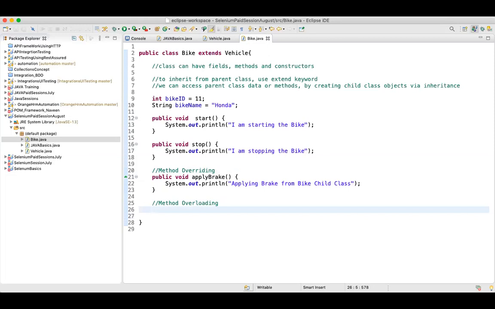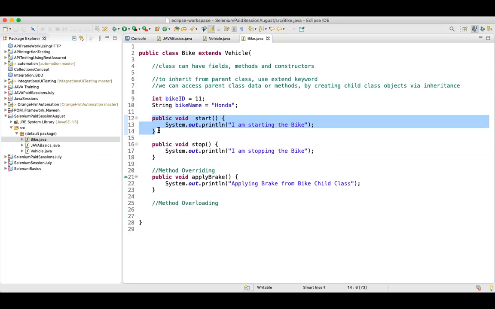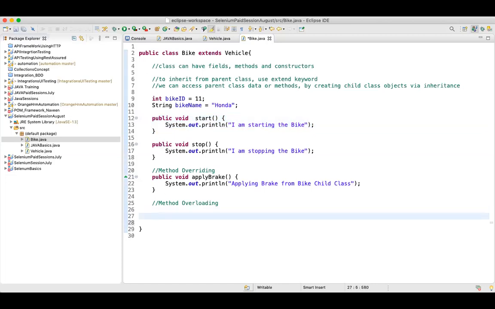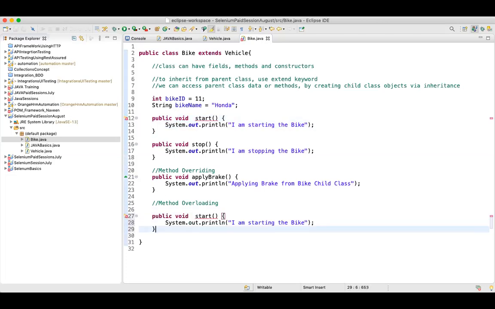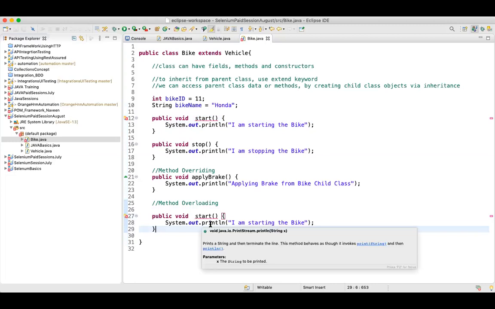For method overloading, let's imagine we have this method, public void start. Now, if I create one more method of public void start, let's say I simply copy this method. Now, if you see, Java is giving an error, right?